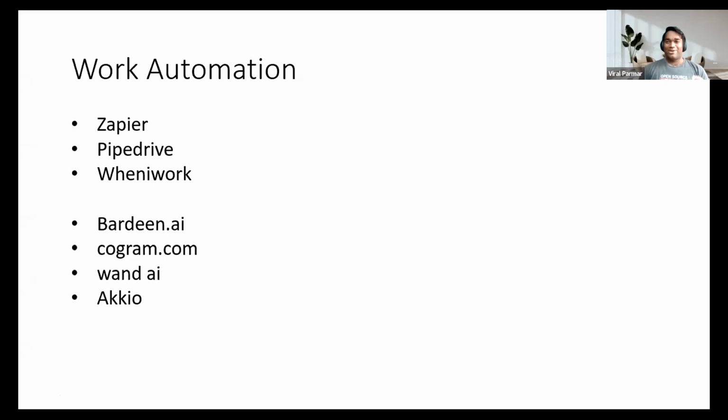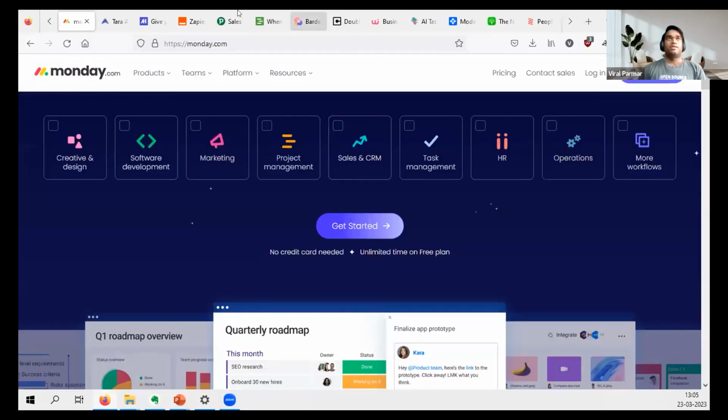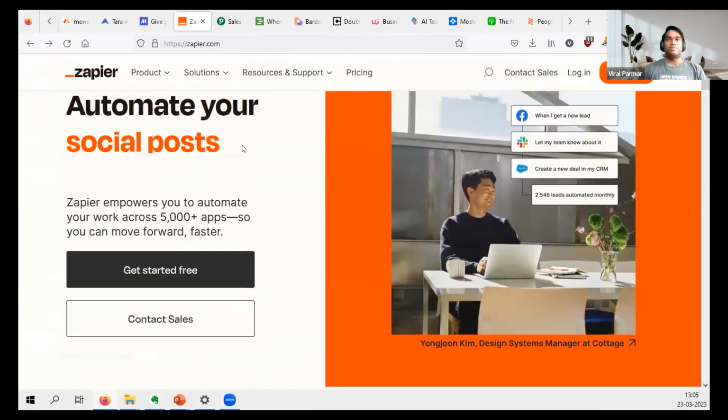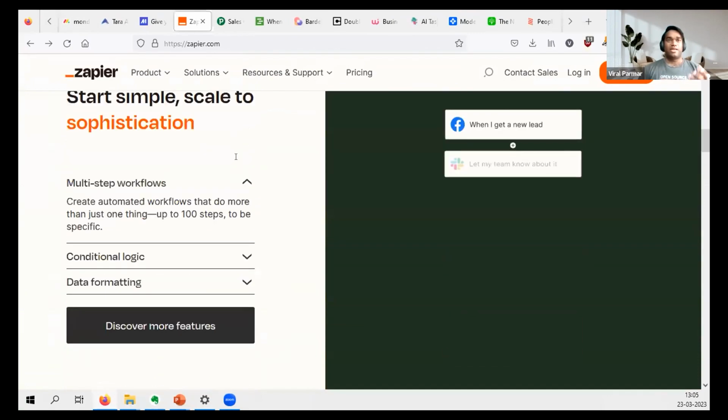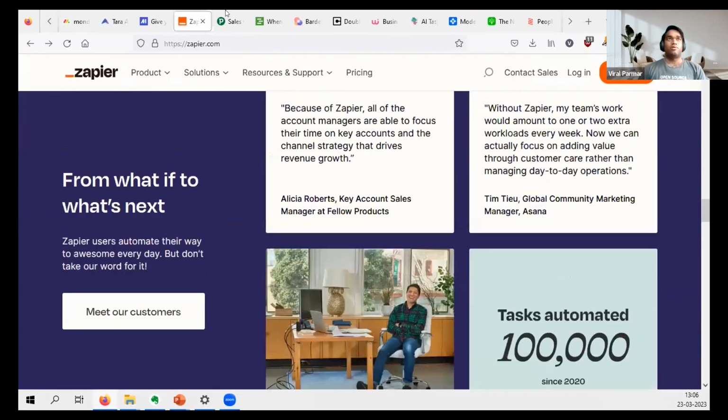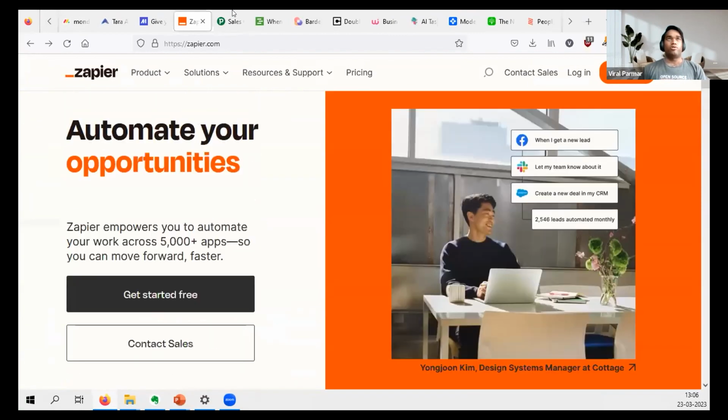I don't have an account in every one of them, so I took one from every slide. So it's very easy to go through, right? Zapier again asks for your business email account, and that's why I didn't have access to this account. But yes, Zapier is also a good automation tool.